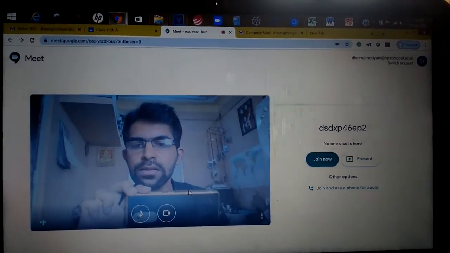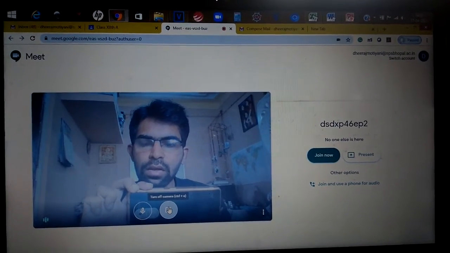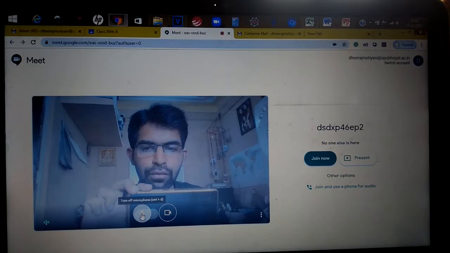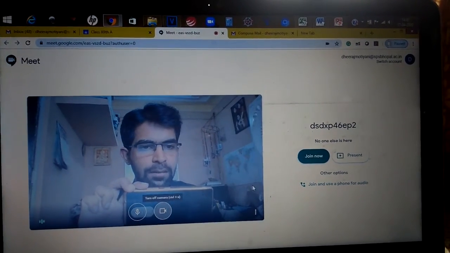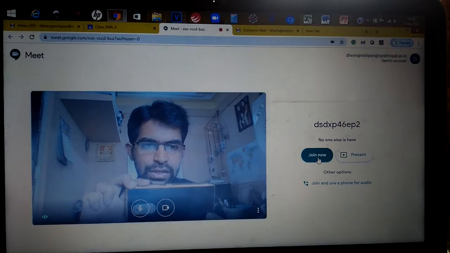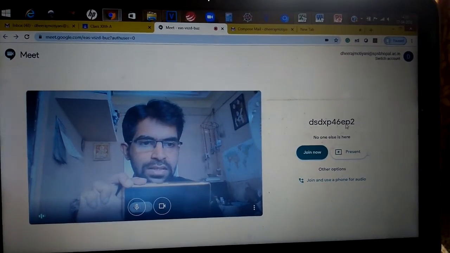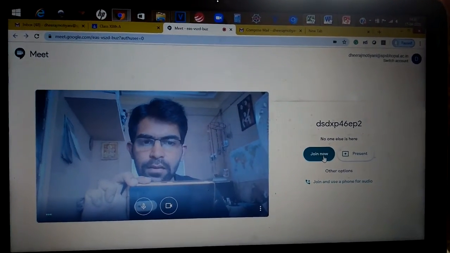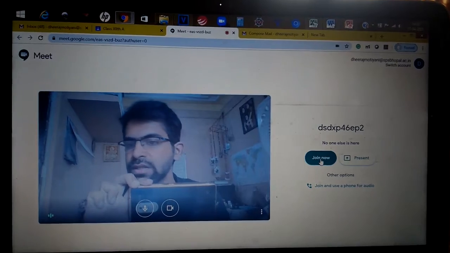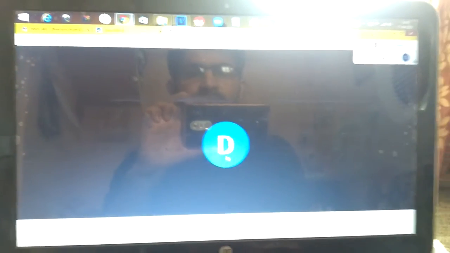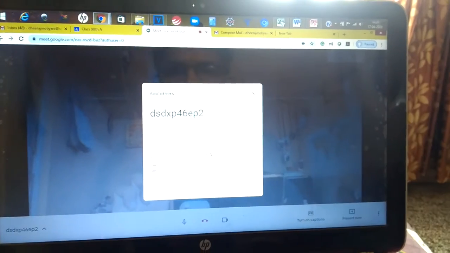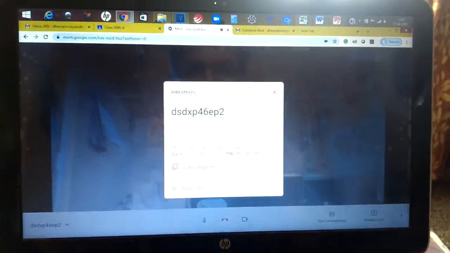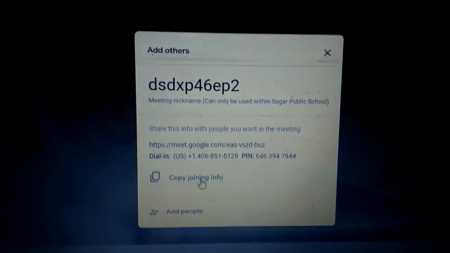I'm having this turn off camera portion and turn off microphone, or turn on microphone or turn on camera. So I'll be joining this session. I'm having this code for this session or the meeting ID. Okay, so this is join now, and I will be clicking on the join part and I'll be able to join that particular session. Okay, you can copy this joining information. Just copy this joining information,